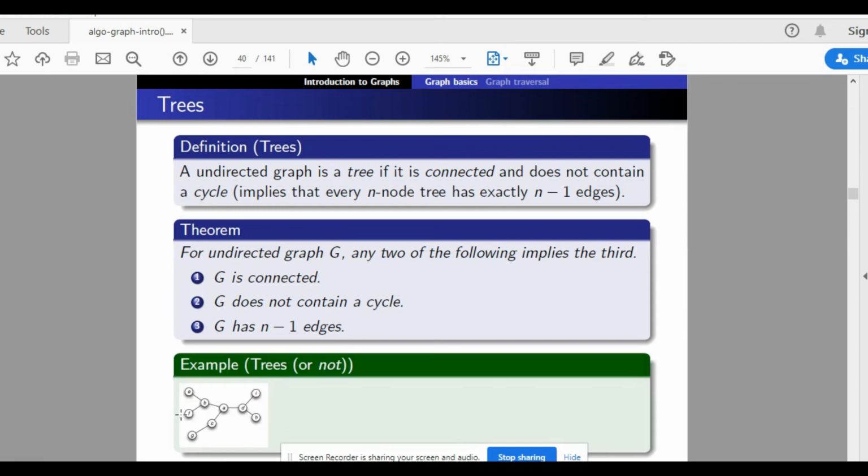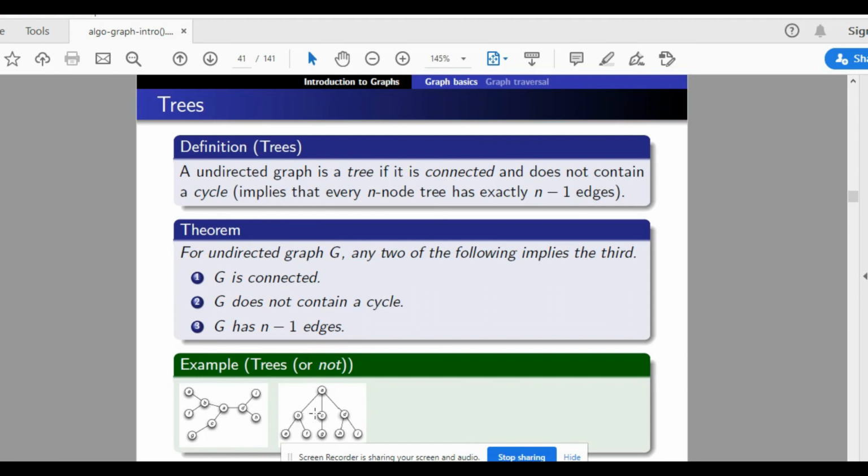So can we call this a tree? Yes, we can call this a tree because you can see that all the vertices in the graph have some kind of path with all the other vertices in the graph, and this graph is connected. This graph has no cycles in it. Moreover, there are n minus 1 edges. There are a total of 9 vertices since it goes from A to I, and there are 8 edges. If we count 1, 2, 3, 4, 5, 6, 7, 8, so n minus 1 edges. So all three conditions are satisfied, hence this can be called a tree.